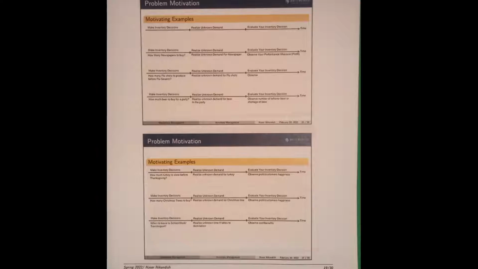Now, in these kinds of situations, there usually are at least two competing forces, two forces that usually going to the extreme on either one of them is not ideal. Well, what do I mean by competing forces? In the case of leaving for the airport, you can leave at 1 a.m. and guaranteed you're going to be there right on time. But then you're going to lose one night of sleep.